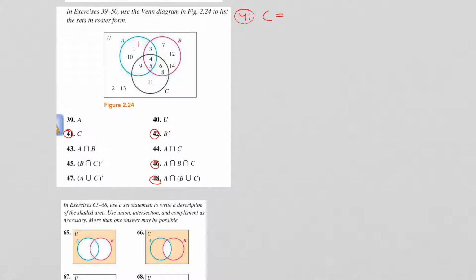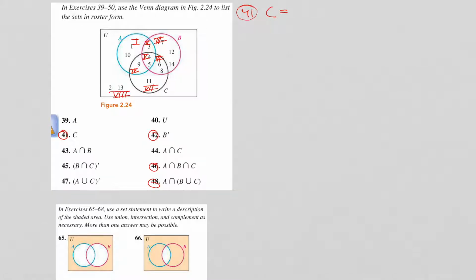So this is region 1, region 2, 3, 4, 5, 6, 7, and 8. Okay, 8 regions. So just to kind of break this down, you could definitely just look and write them down, but to give some people a reference to go to, so set C is going to include